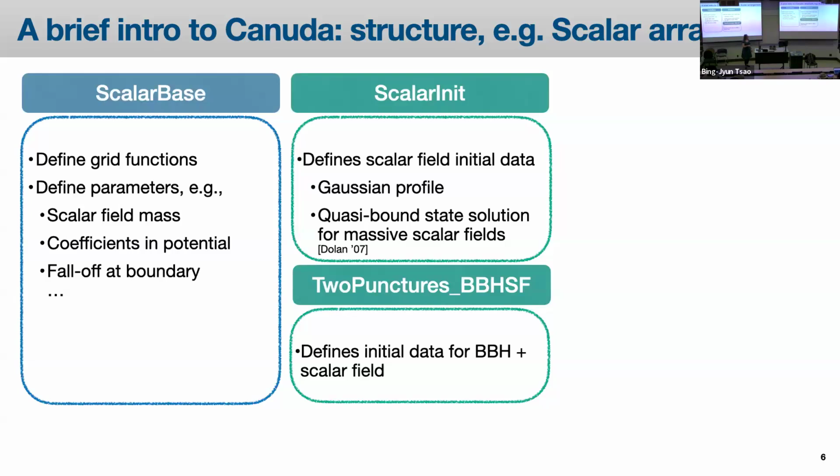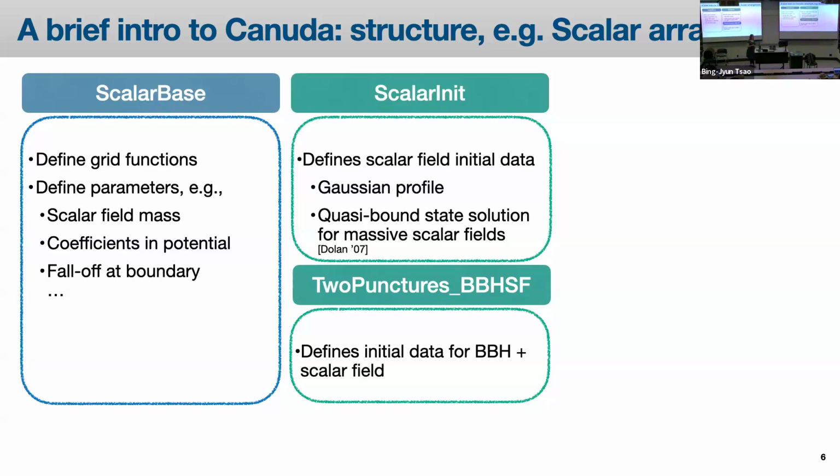One gives you analytical initial data, usually as a Gaussian profile, or a quasi-bound state solution that you can derive for a massive scalar field in a GR background. And then we also have a code that Cheng and Giuseppe Ficarra wrote that gives you constraint satisfying initial data for binary black holes with the scalar field, and I will actually talk about this when we talk about our